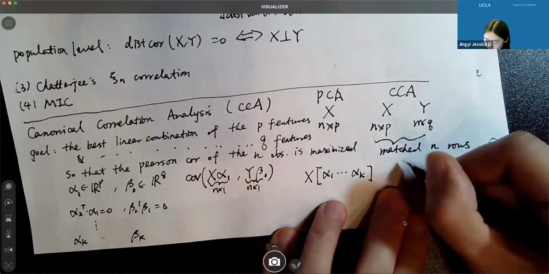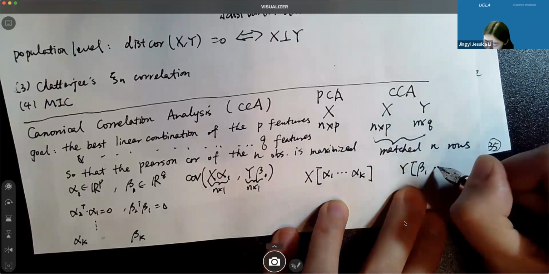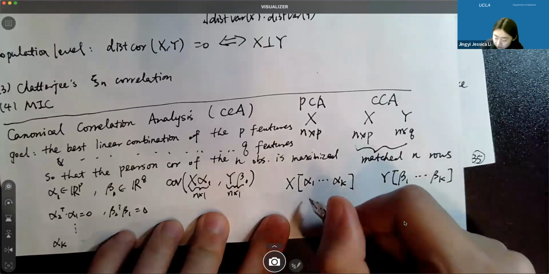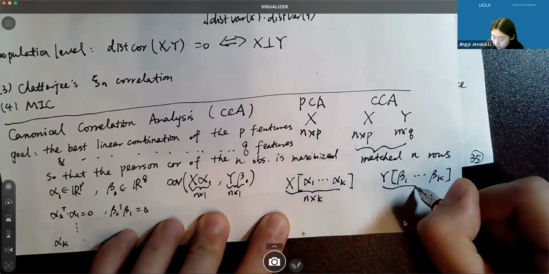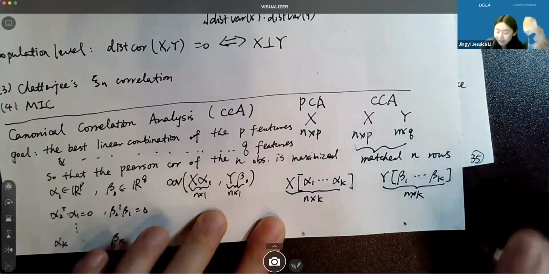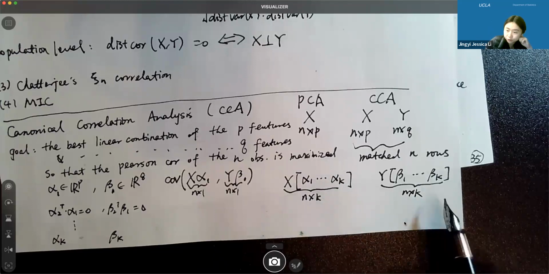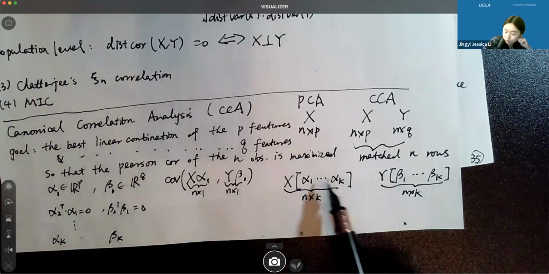And here I can have y multiplied by beta 1 to beta k. Then each one is an n by k matrix after the product. And you can see there's a correspondence between the k new features on the left and the k new features on the right. So based on this, you can define some Euclidean distance for each point between the two